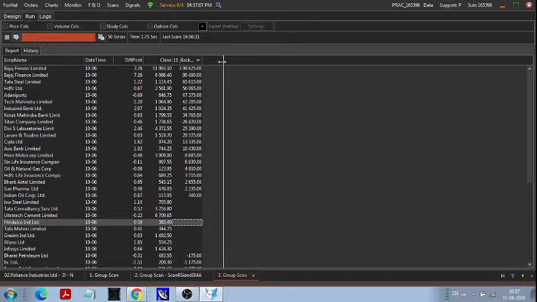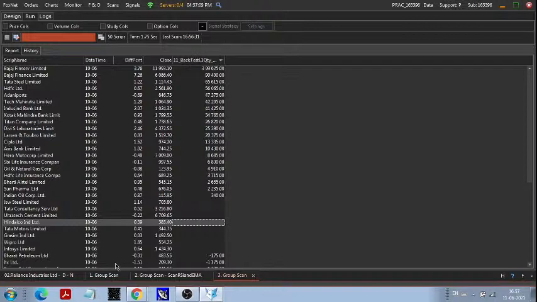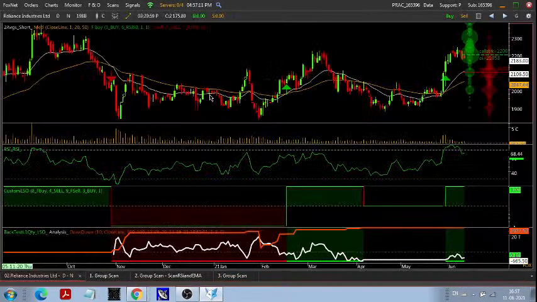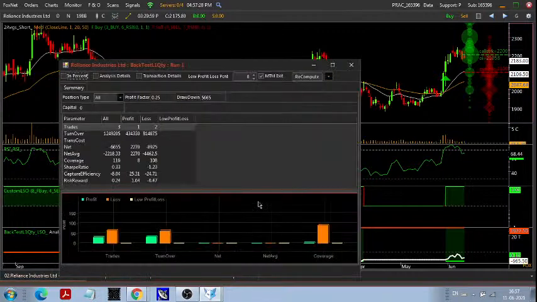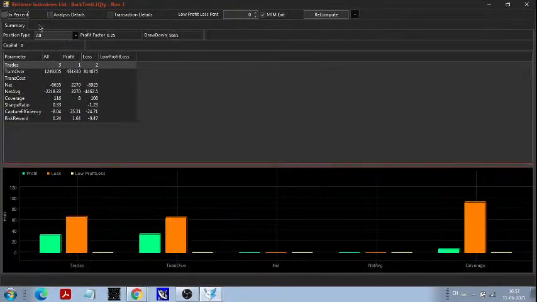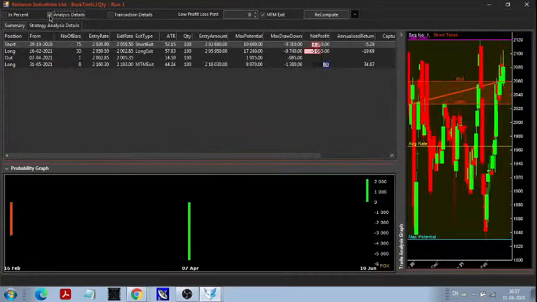And a detailed analysis report can be done script-wise on the chart only, by this strategy analysis. Just click on it, strategy analysis. You will get the detailed report of this particular stock: how many trades you have got in this strategy, how many long calls there are, how many short calls there are. You can get all this. At the top, I will click on analysis details.